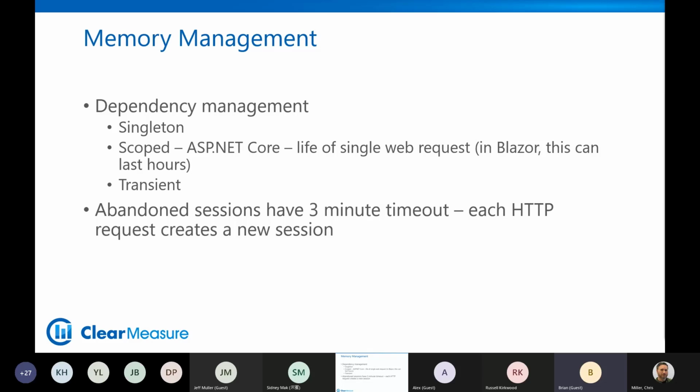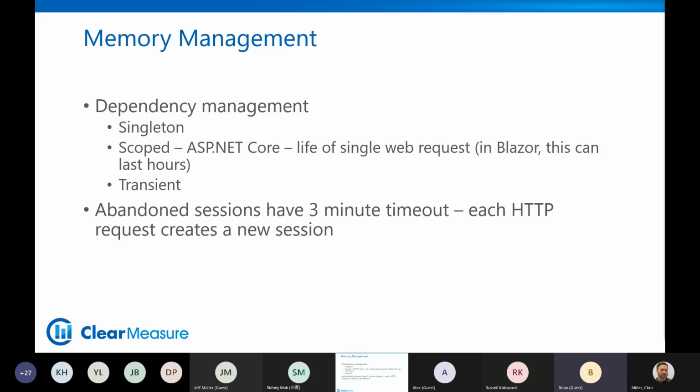Okay. Singleton, we're going to get one instance of the object per process. But let's think about where the process is. The process is on the server. Now, if you have one web server, you're going to get the same object over and over again. And the second user and the third user and the fourth user, code running for their sessions is also going to get the same object because they're in the same process. On WebAssembly, it's not the case because every web browser is hosting a different process. So every user ends up getting different objects.